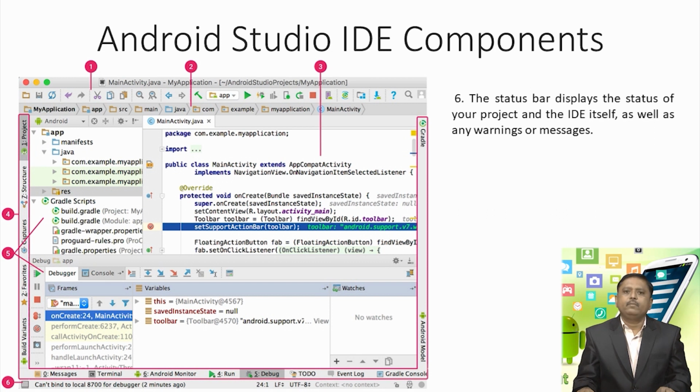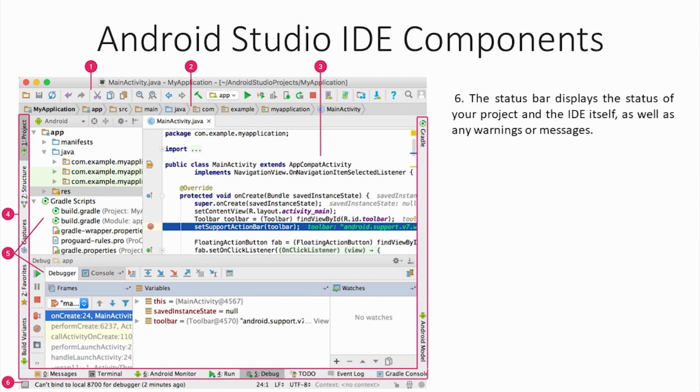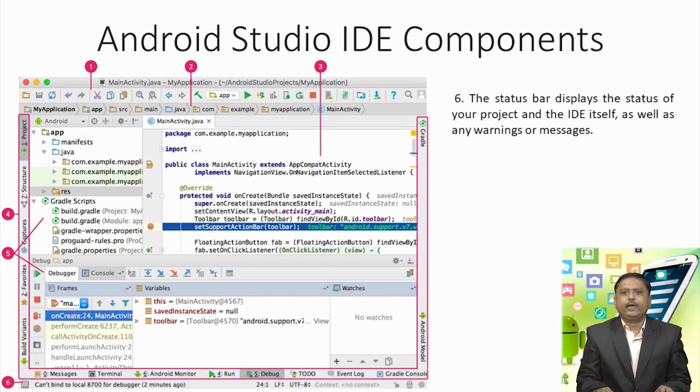At any time, you can search across your source code, databases, actions, elements of the user interface, and so on by double pressing the Shift key or clicking the magnifying glass in the upper right hand corner of the Android Studio window. This can be very useful if, for example, you are trying to locate a particular IDE action that you have forgotten how to trigger.